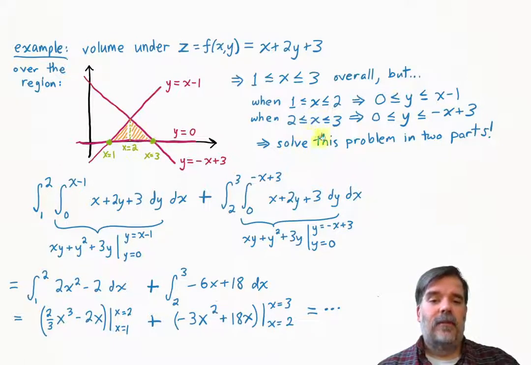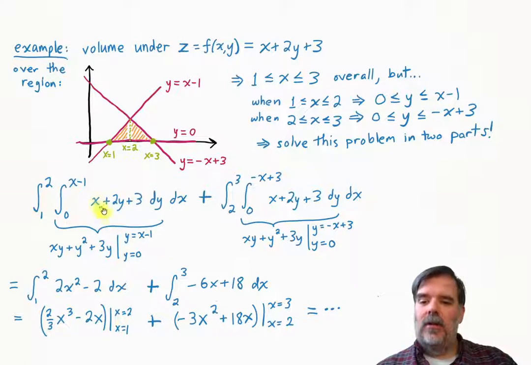So again, for these different x bounds, you have some different y bounds, which means to solve this problem, you need to solve it in two parts. So now you get to do two double integrals. That's 4 times as much fun as an integral problem from single variable calculus. Right, we're integrating the same function in each case, and that'll be useful because we'll have the same antiderivative, but